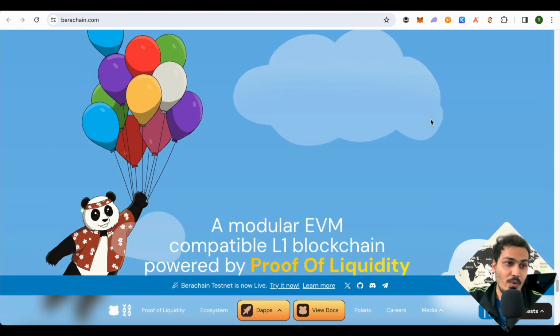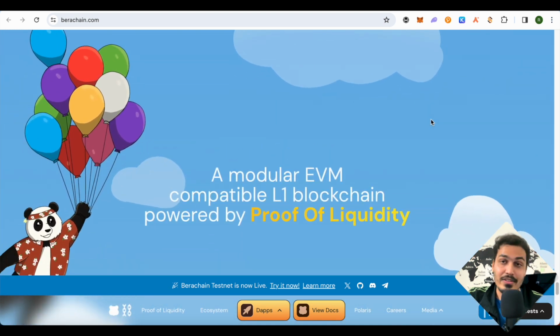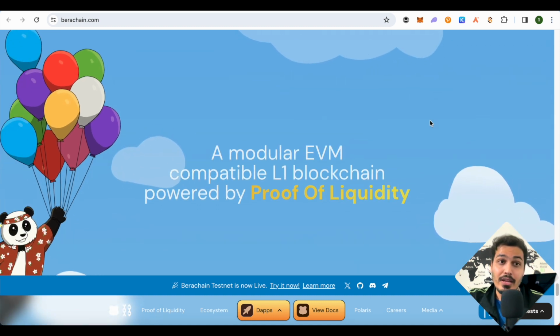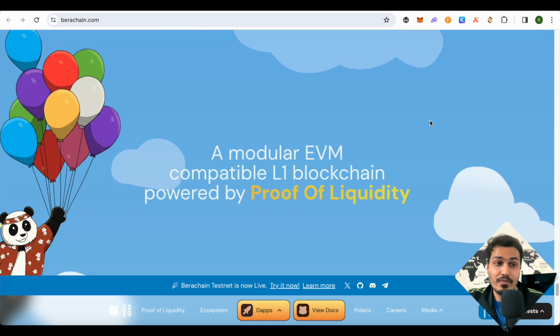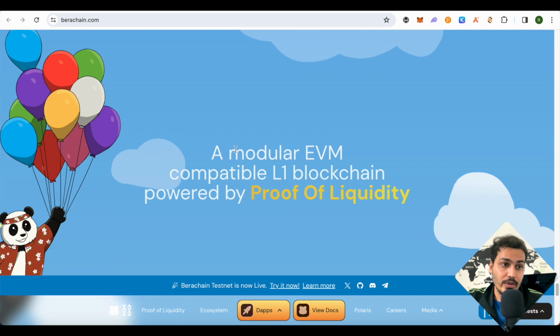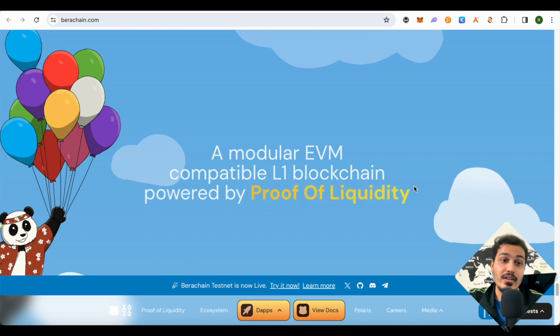It is quite cool. You can just move around your cursor and check out. And it's quite important for you to check out this website because there will be some questions asked in the quest, and it will be helpful for you, so better go through it. Like this particular sentence over here which says that it is based on the proof of liquidity. This is one of the answers for one of the question in the 5-question quest, and the quest is actually